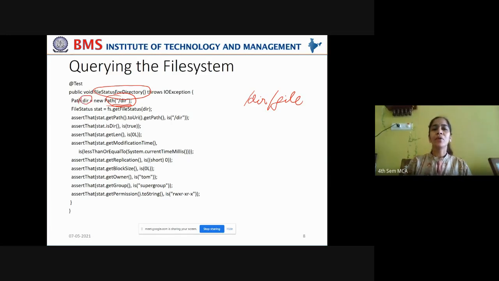So you're passing the directory structure as the path, which holds the instance in dir. Okay, and also get the FileStatus object, which is connected to the directory to get the file status. Now that entire directory structure's metadata is retrieved into your stat object. This is same as what we have done in previous slide. But previously you are trying to access a file. Now you are trying to access a directory. Got it? Now by using assertThat, you are checking whether the retrieved path is equal to the actual path you have passed.